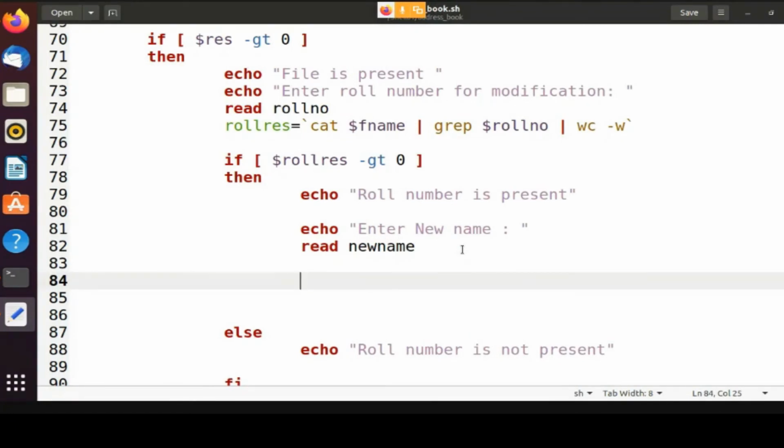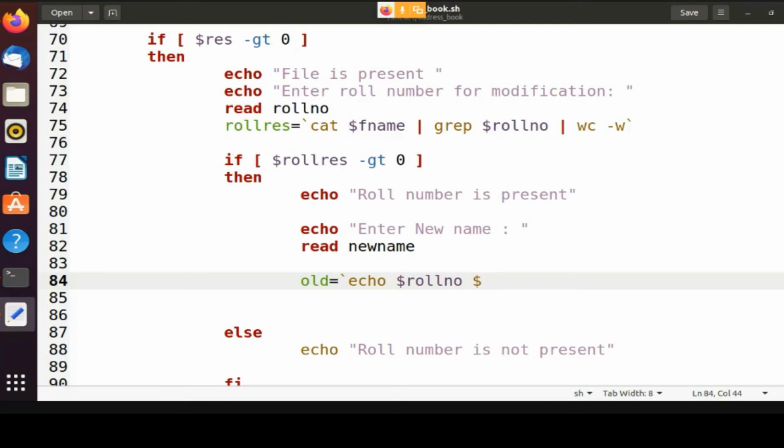I will show you again the same thing. It is not something different. So we will create a record. Let's say old record is equal to echo dollar roll number and dollar name.